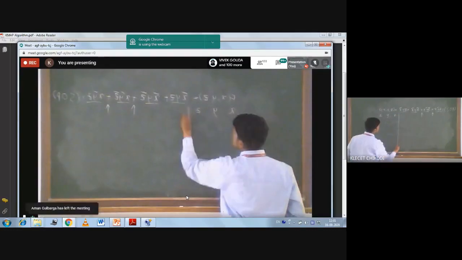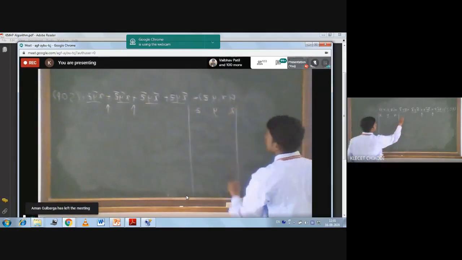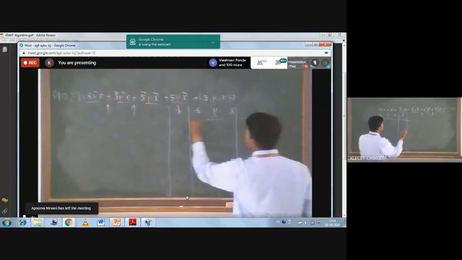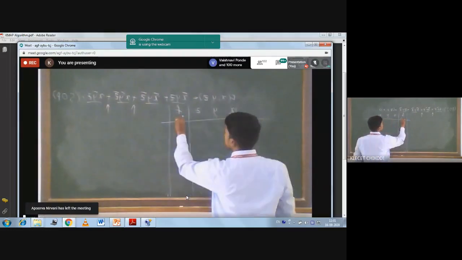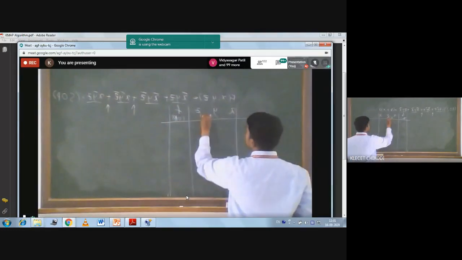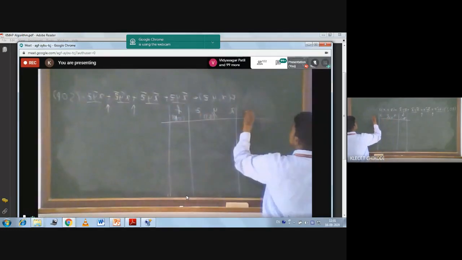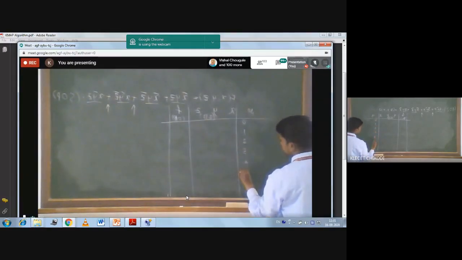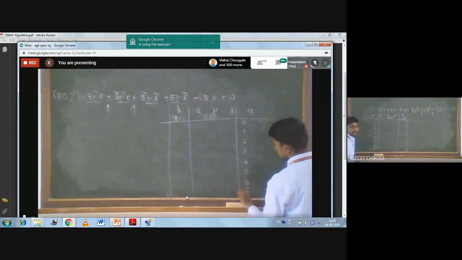So these are the input variables. You can take a capital F or small f as the output variable. If you want, you can write it here, output. So this is the decimal equivalent number 0, 1, 2, 3, 4, 5, 6, 7.